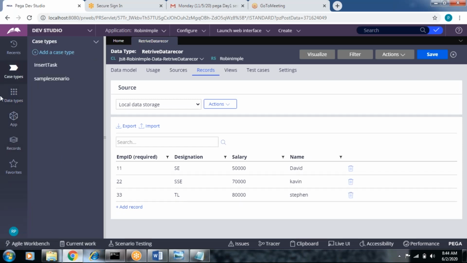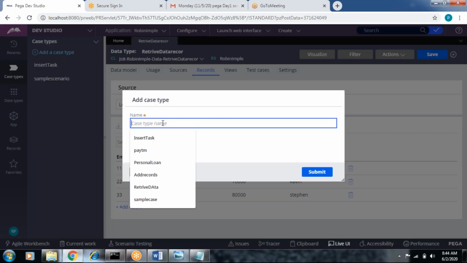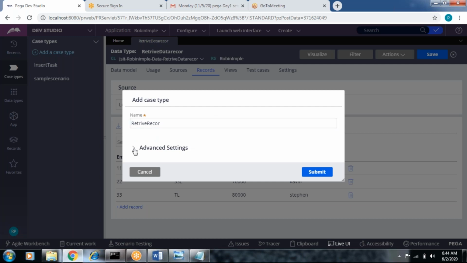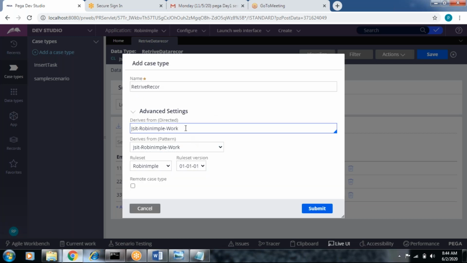So how to add the case type? Go to the case type explorer. The add case type option is there. Just click on add case type. Click on, something like view records. View records. So this is the parent class of this.